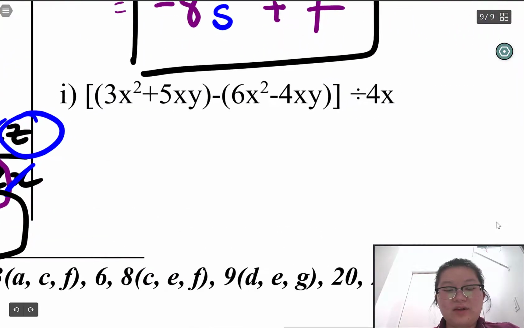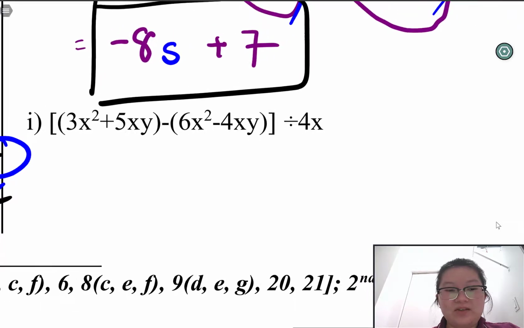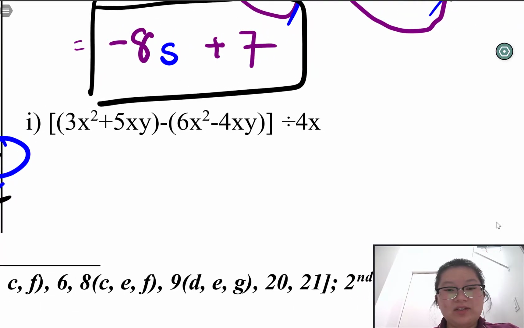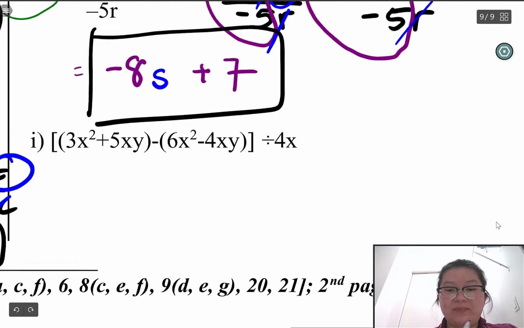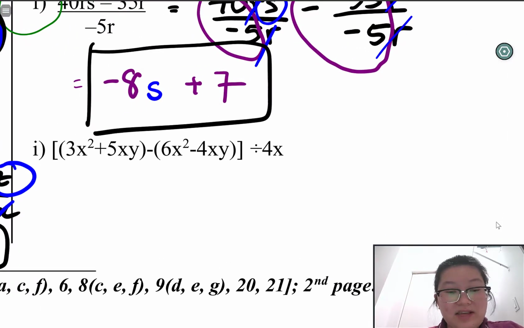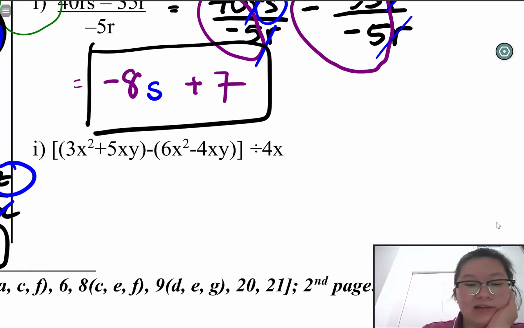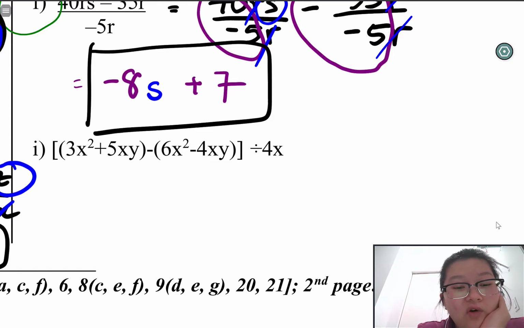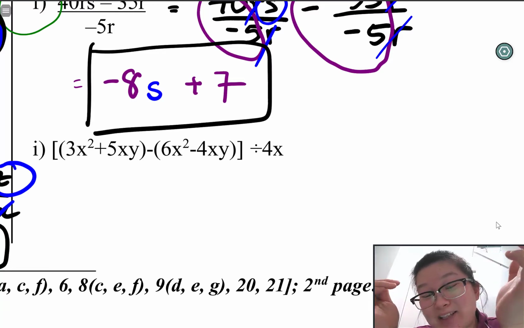Okay, so here we go. Let's do the last one. So I'm in I. I'm going to show us a little trick, okay? And this is why I didn't ask us to do this one. The reason why I say there is a trick in this one is because a lot of my students are just going to go ahead and they're going to go, these polynomials here, I'm going to break down the brackets, and then I'm going to divide the 4x in here to simplify. But have we thought of any way we can simplify what's inside the brackets before we divide by